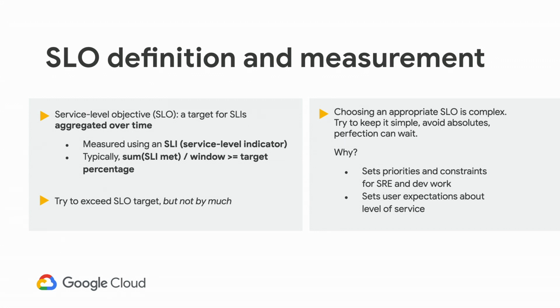So defining SLOs is a pretty complex topic. I can't really describe all the nuances involved in the time that we have. But the important thing to do is to come up with a simple SLO first. Just one will do. And then iterate on it over time. You can totally use a primitive metric to set priorities and then decide what you want to do afterwards. Now, some other things to think about